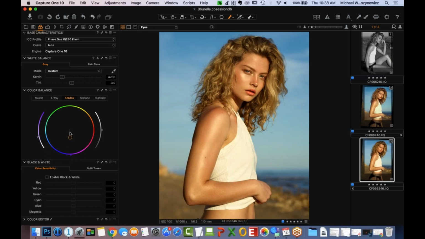You can also do this by sliding things along the center point, which I don't really like to do because it's not as controlled. I like to just set the color and then increase that effect here. And then you can also control the brightness and darkness of that with that slider. I tend not to use that one too much. I really just usually stick to the color. So just move it up to the point where you feel things are looking good. Obviously every image is different. And then on the highlight end,